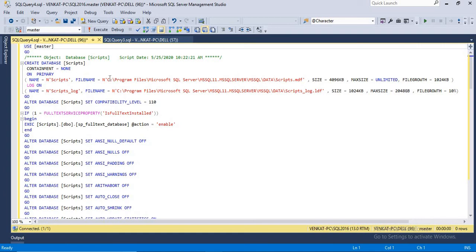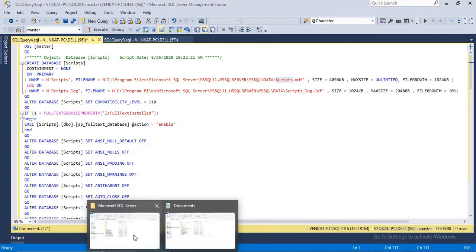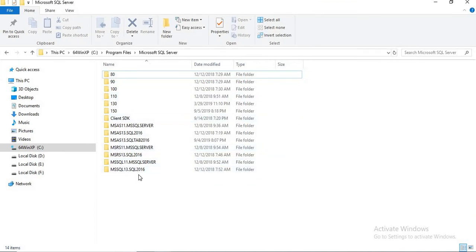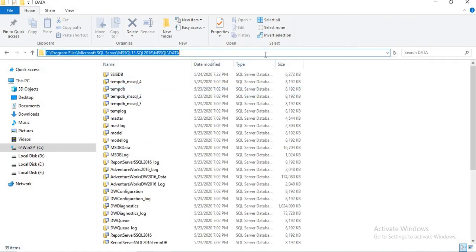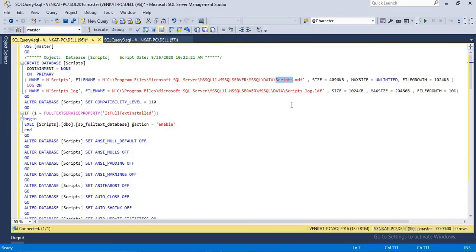Now if I execute this, it tries to create the file in the same folder here, but the file is already there. I cannot create a file with the same name in the same location, right? So I need to create it in a different folder. As I know this is a different server, let me create it in a different path, that is MS SQL data. Here I need to keep it. The same folder I cannot use, so I need to change this folder path till here. Otherwise it fails. There is no question about it. It fails because the file is already there and it is already in use.